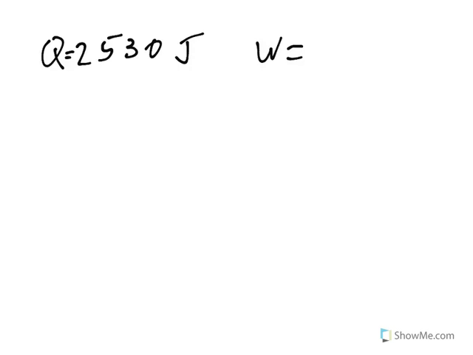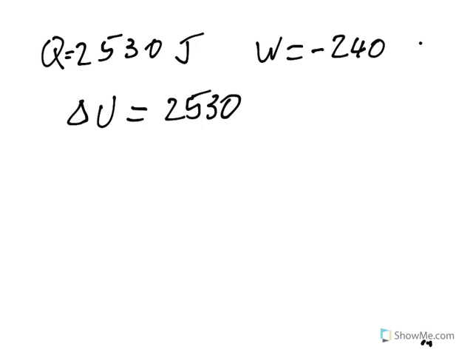So the paddle wheel does negative 240, because it's done on, and so the change in energy of the system would be 2530 minus negative 240, which equals, again plus,